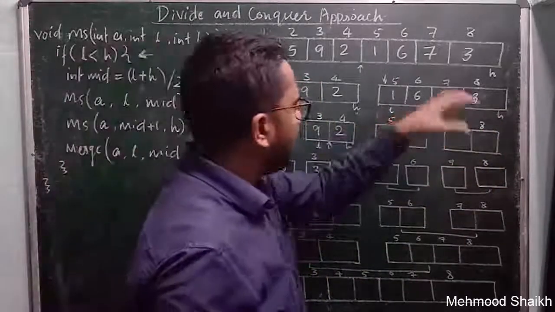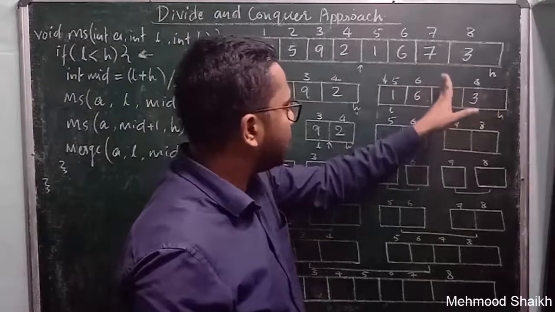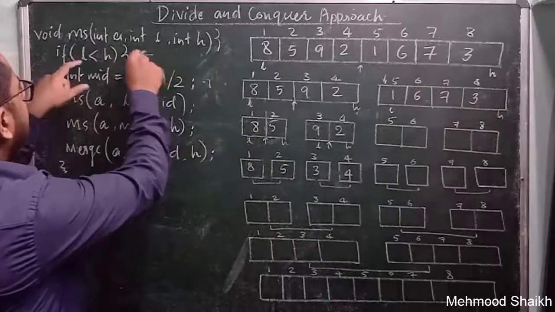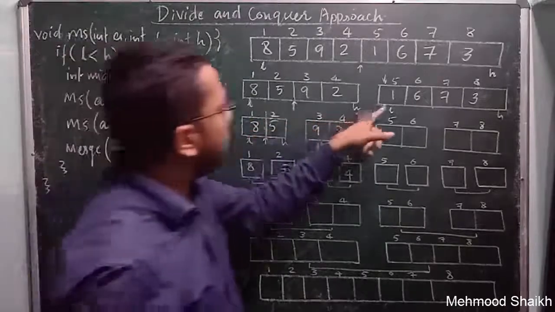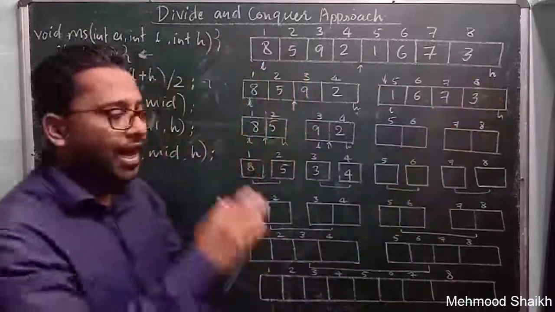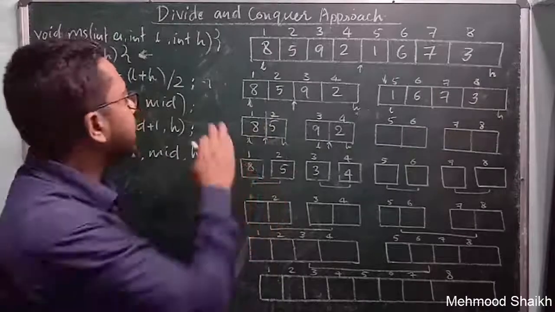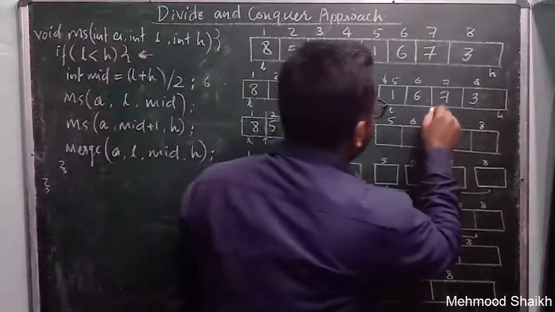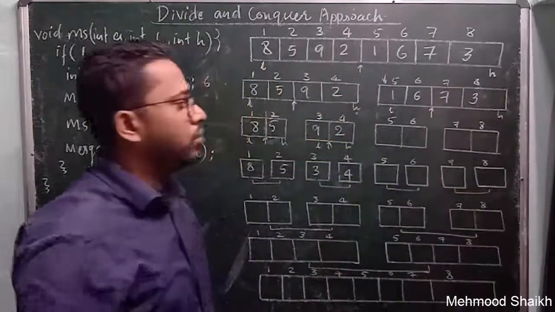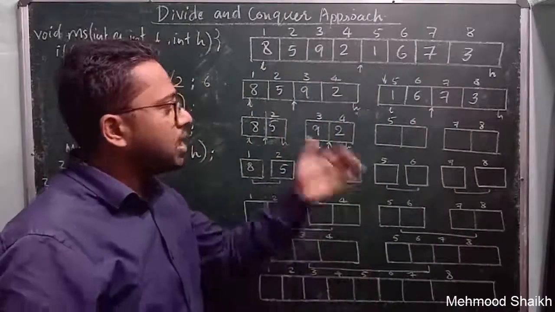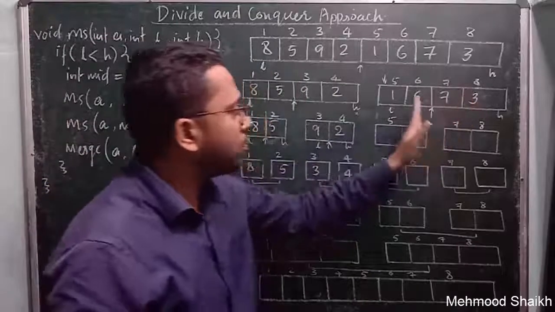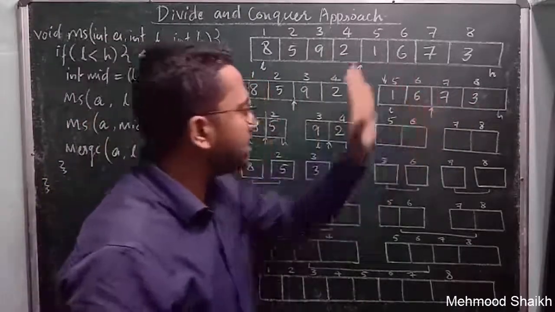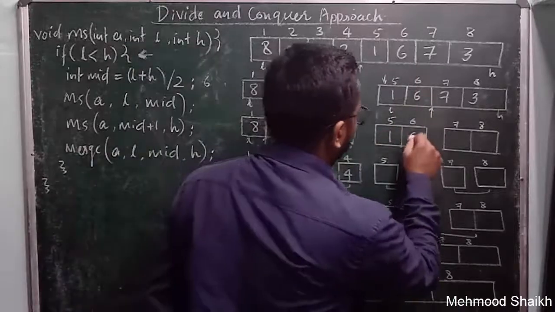So we will apply the merge sort algorithm on this subproblem 2, and when we apply it we come to this place again where we check whether low is less than high. Yes, low is 5 and high is 8. We add 5 plus 8, which equals 13, and dividing 13 by 2 gives 6 as the middle point for subproblem 2. That means we have to divide this entire subproblem 2 into 2 equal parts by considering 6 as the middle point. So we will put these values here.